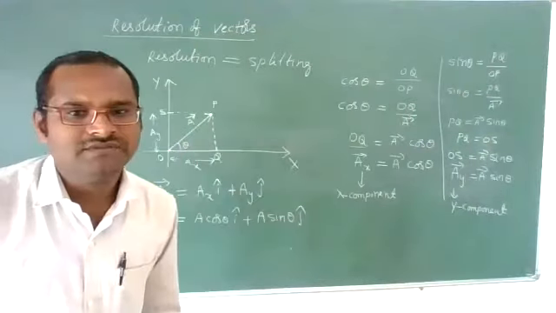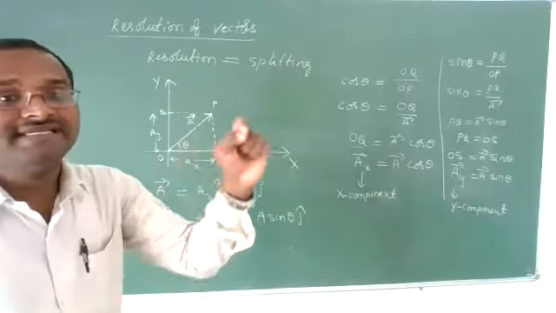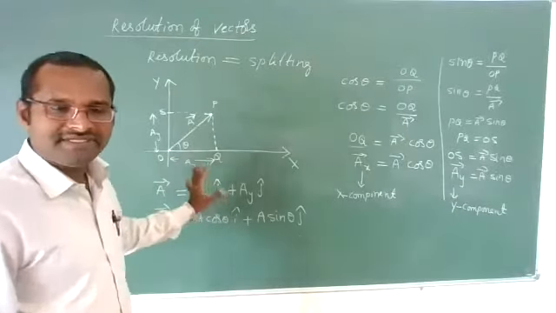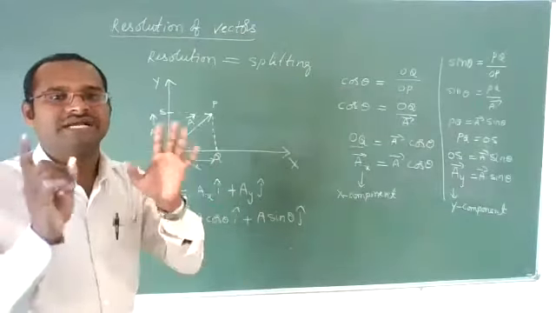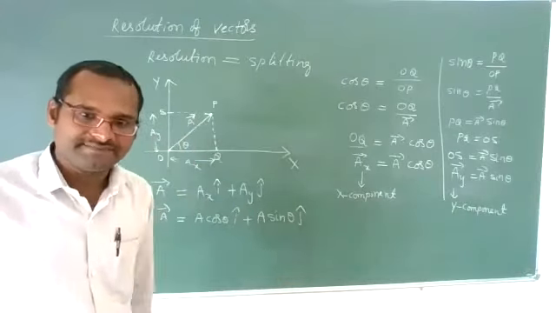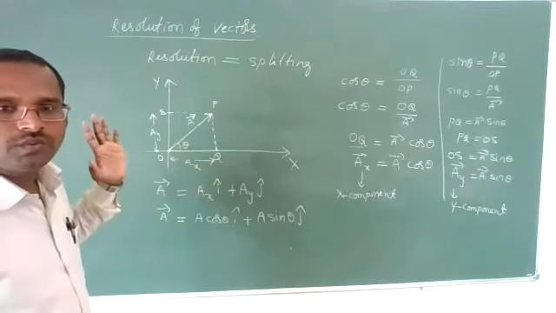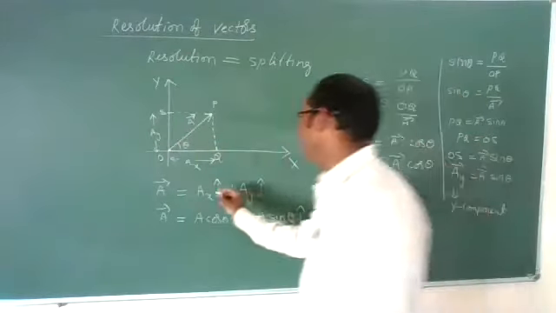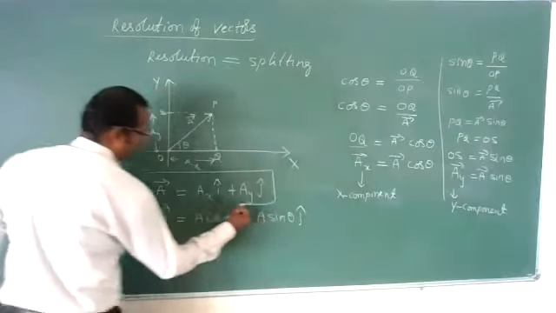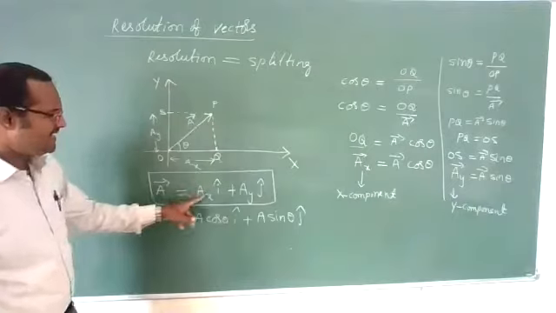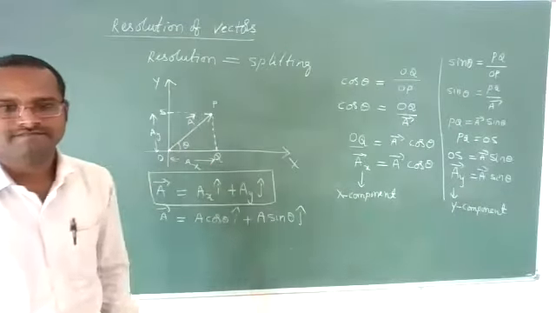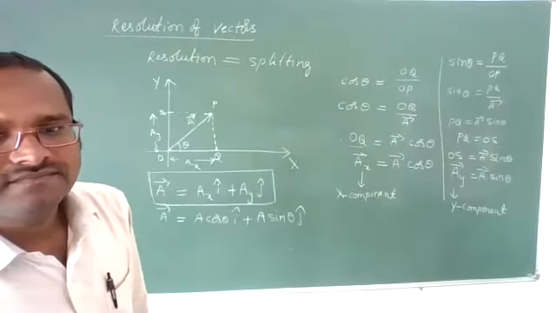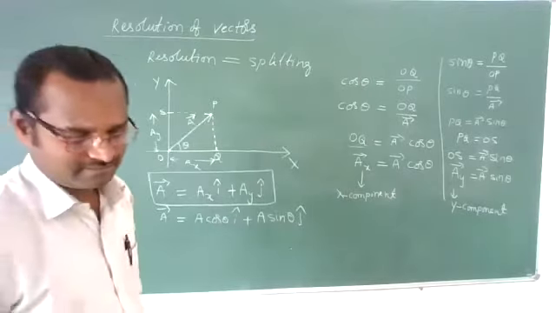Sir, on z axis also same only? Yes, I'll discuss. If you take z axis, it will become a three-dimensional plane. I'll discuss that separately. I am discussing now only two axes, x and y. Z axis I'll discuss later. This point understood now? Yes. So any vector can be written in resolution form like this: Ax I cap plus Ay j cap. Only Nishal is responding. Afzal is clear. Okay.